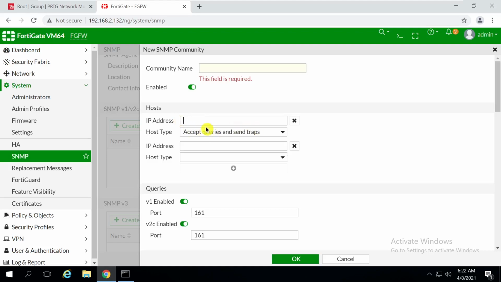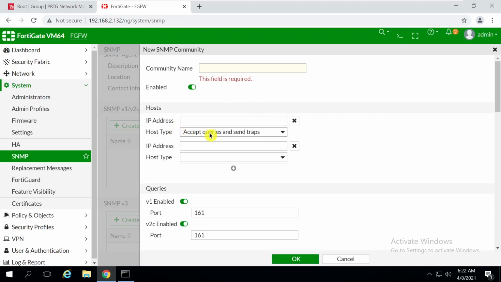Once you provide the IP address, you have options to select accept queries and send traps. If you want, you can select accept queries only. Then this FortiGate only accepts SNMP queries. If you select accept queries and send traps, then FortiGate also sends SNMP traps on special events.